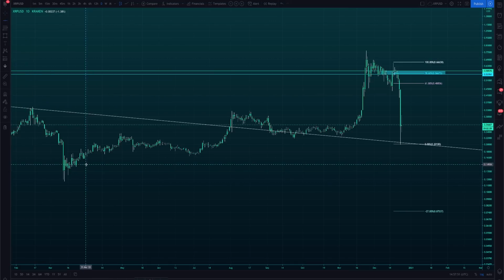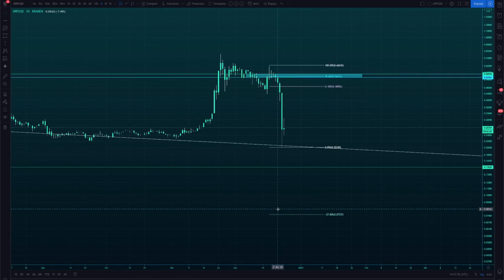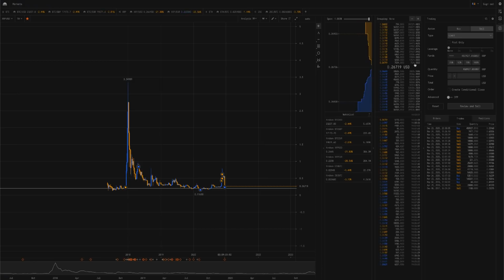And again, hopefully now you guys know, when we say these things, we're not doing it as a joke. We're not trolling. We're telling you in very legitimate terms, these things can happen. So there is a potential scenario here where XRP can go back up to this level. And if it goes up to this level of, let's just say, around 60 cents,